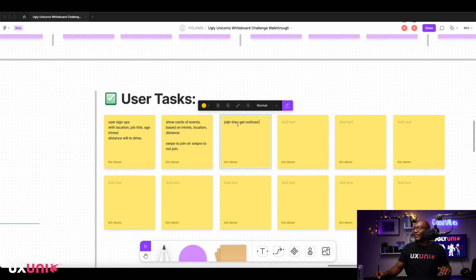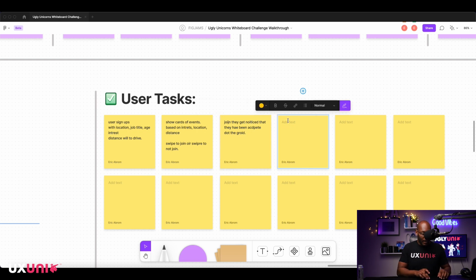Anyways, after they join a group and they get notified, they're going to get notified that they have been accepted to the group. Okay, they get notified they've been accepted. Okay, great. And then the next one is they can go see a list of the groups they joined, right? They can see a list of the groups they joined. And from that list,